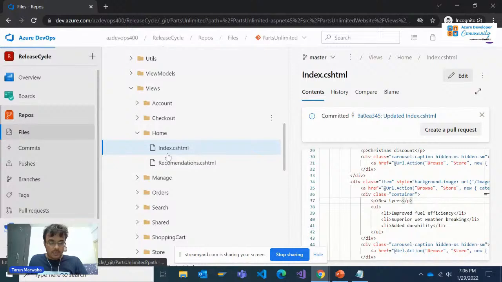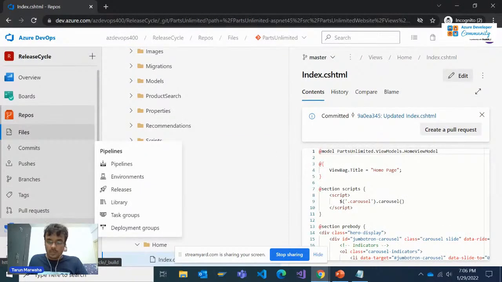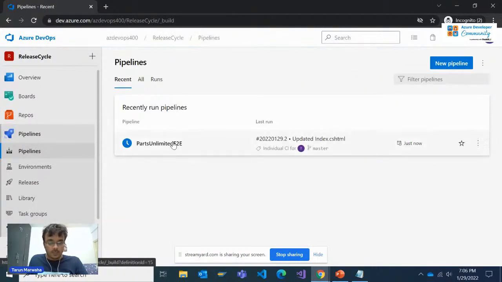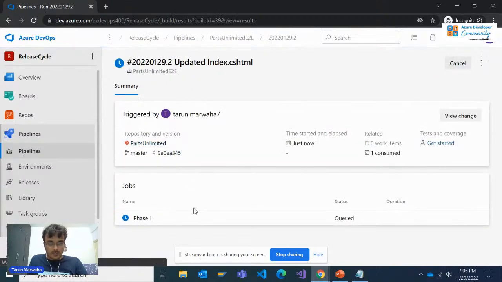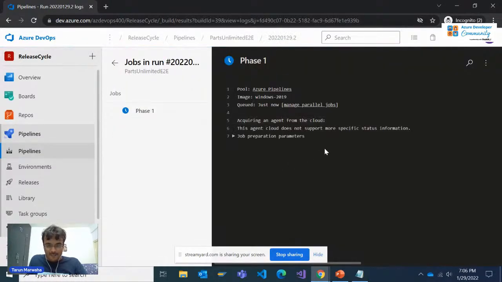It should trigger the release actually. If I go to pull request, it has already been created. So it says, let us go to the